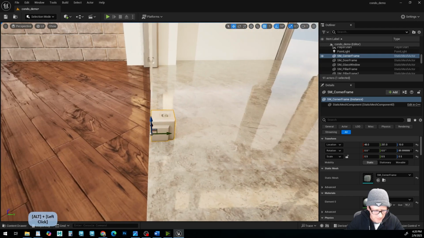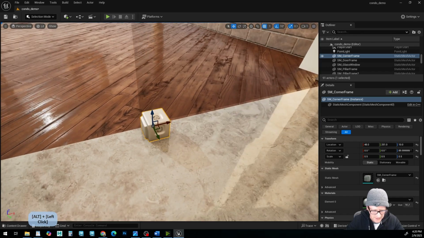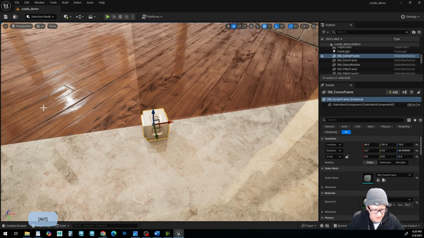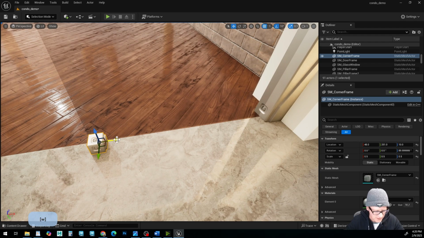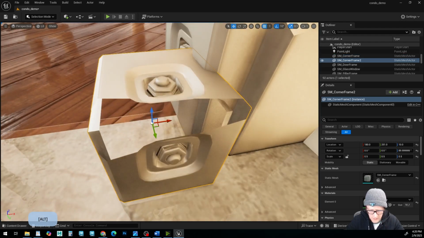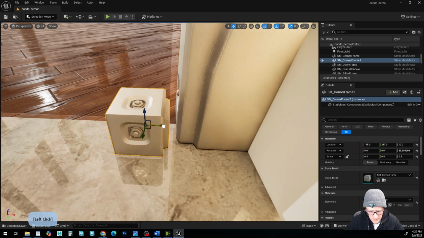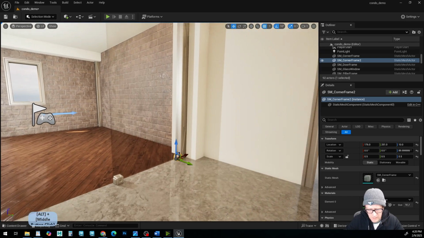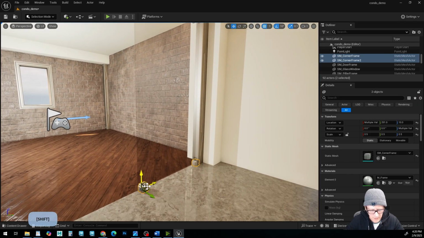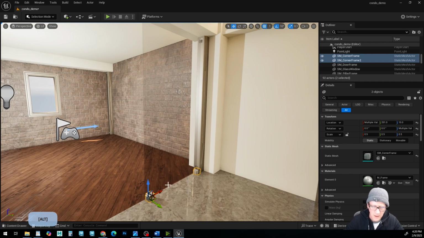We're going to put one on this side, and one on the other side, and then we're going to duplicate these guys all along. So I'll take that guy, Alt, move it over here to this corner. There we go. And grab these guys and